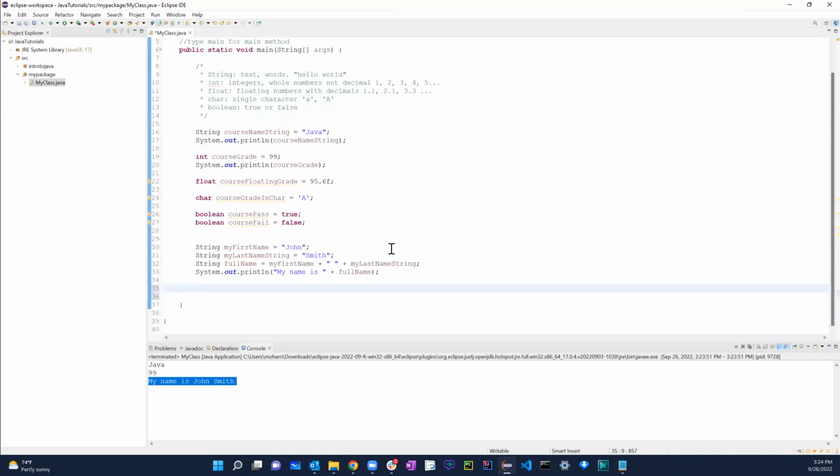So if I was to do integer or any other type, it doesn't really matter. Let's say I do int myFirstNum equals, again, don't put quotation marks because this is just an integer. So let's say I put 3, right? And then int